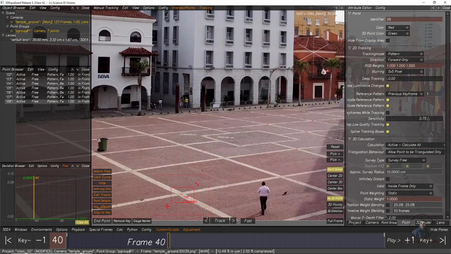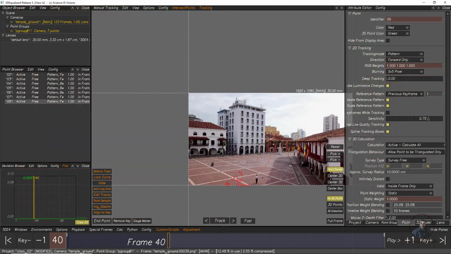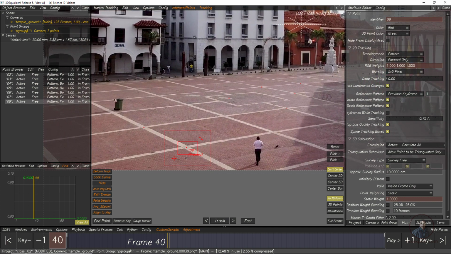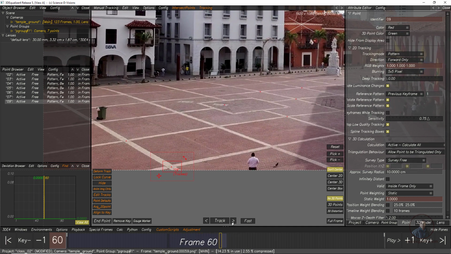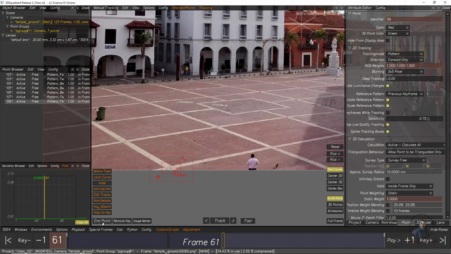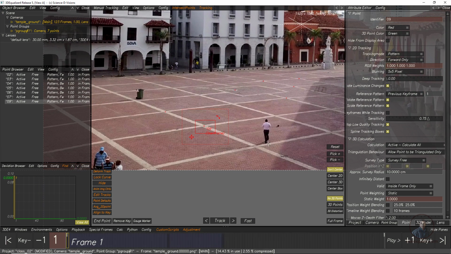Now stop it here again because it's going outside our frame. Like this, you have to adjust maybe the search region and search area, then pattern size, all these things, even frame by frame you can track. Now make it an end point here because it's going outside our frame. So there is again an important thing here. Now I make it end. So this one also I have tracked.